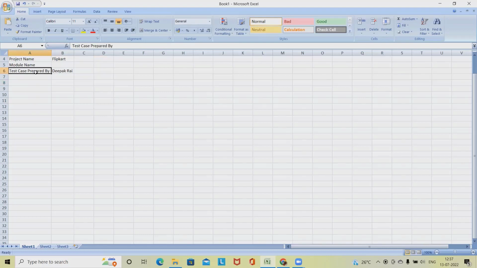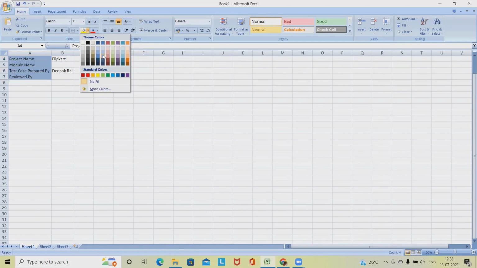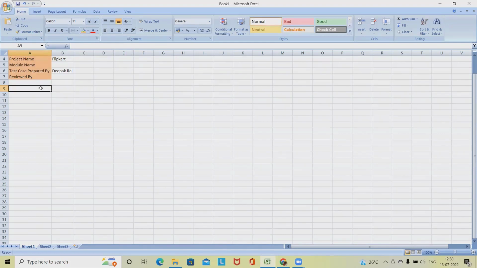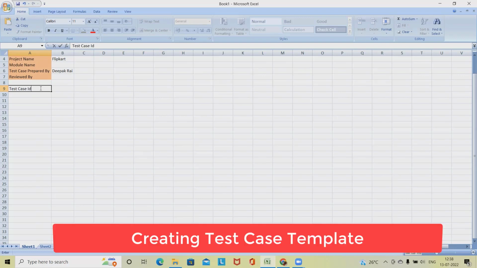Now next thing, reviewed by. We can add here our lead name or manager's name. These are the formats, and you can also add several other details, but let's keep it to this. Now here we want a serial number, or maybe we can add test case ID. This is a unique ID which we are referring to, test case ID, then the name